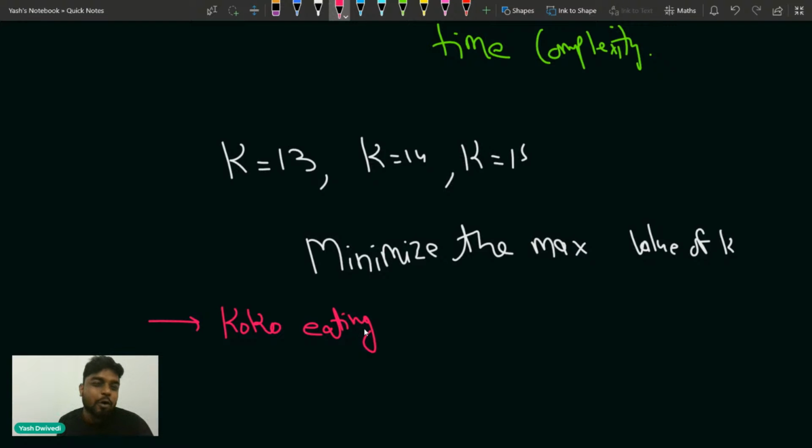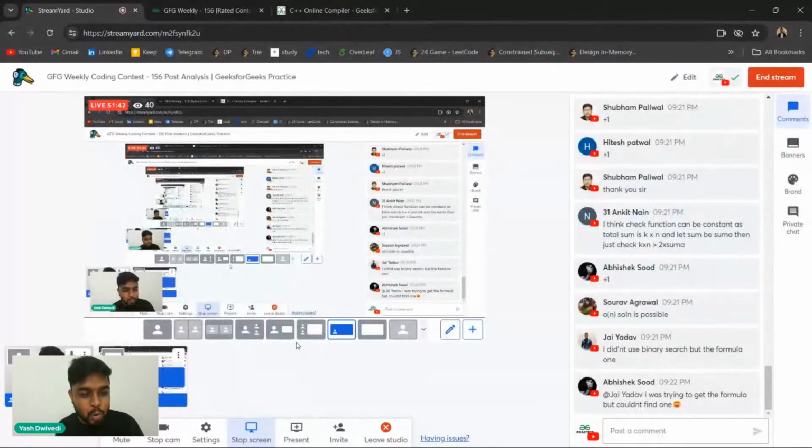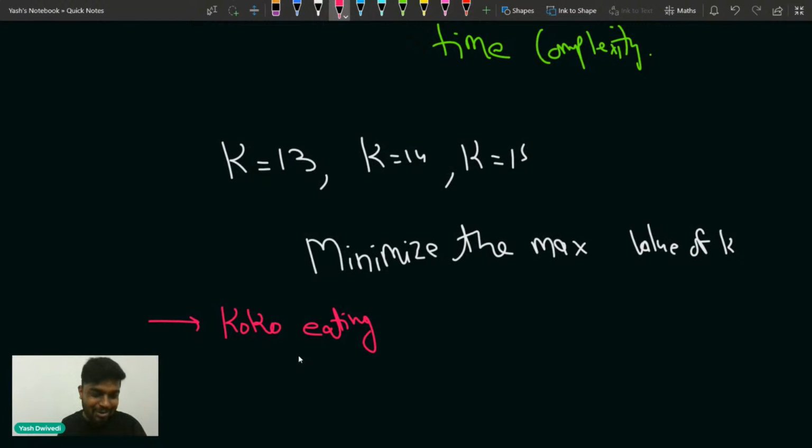It's difficult to find a formula normally. If you agree, you can tell me, guys. Normally, if I'm a common man, a formula doesn't hit my mind normally. It doesn't, to be very honest. So that's why I always try to go with the old school approach. So yeah, the Koko eating bananas problem is there.